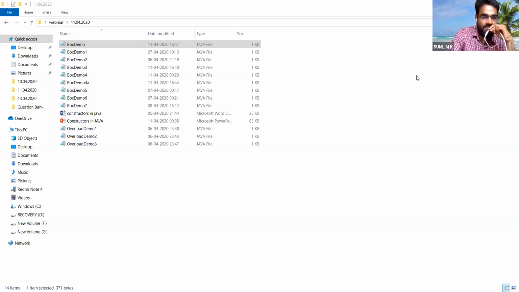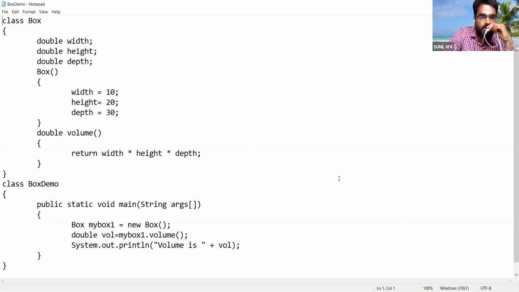Not visible. No, we are only able to see your file manager, quick access, Box demo 1, Box demo 2. These file names we are able to see. Okay, sir. Now it is okay, sir. Yes, now it is visible.